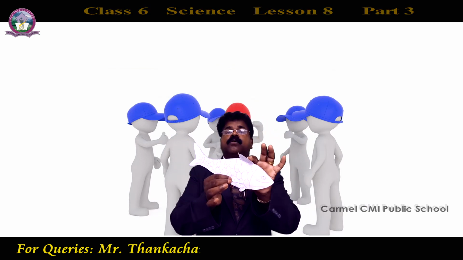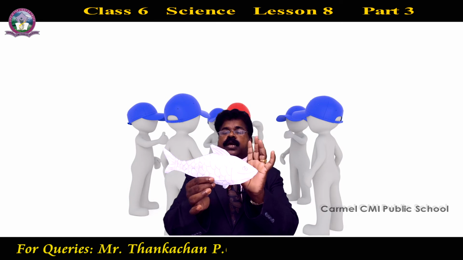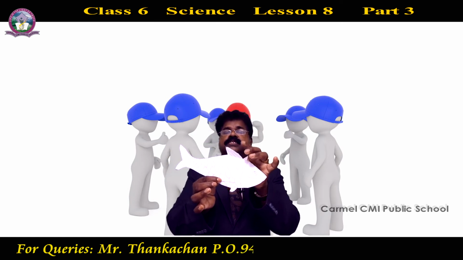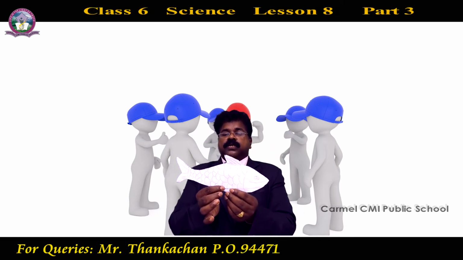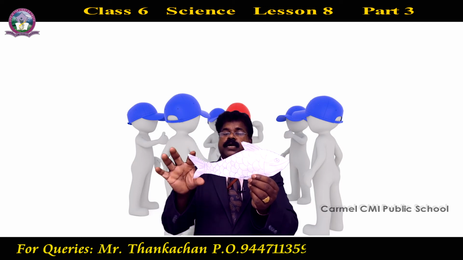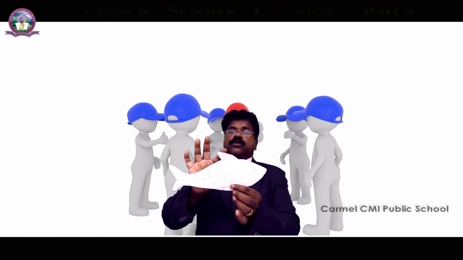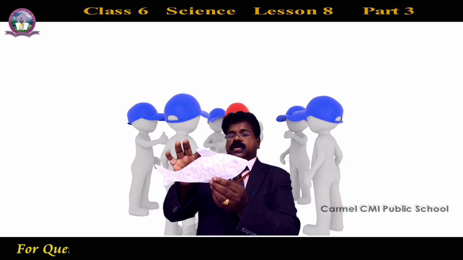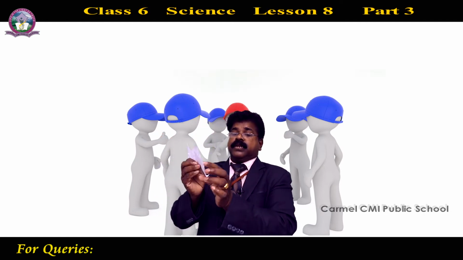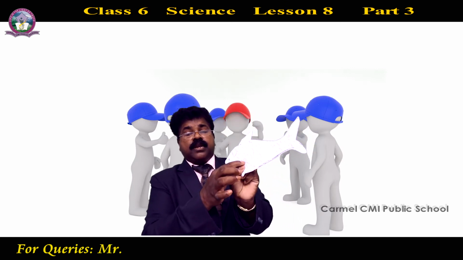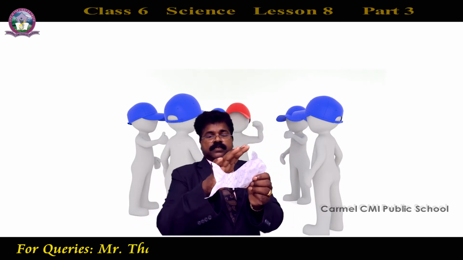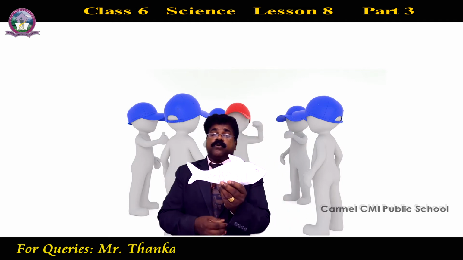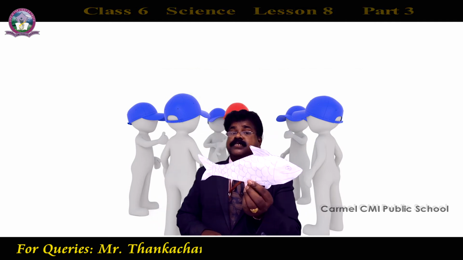Birds have wings for balancing their body. Here fishes have fins, and the fins are helpful for them to balance their body. Here you can find the dorsal fin, and this is called the ventral fin. Dorsal and ventral fins, and lateral fins are also there. On the side also you can find fins. These four types of fins are helpful for them to balance their body.